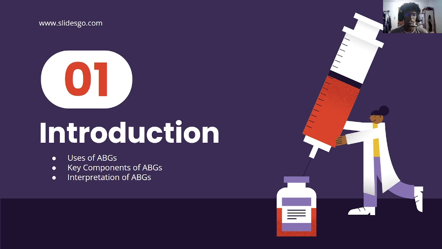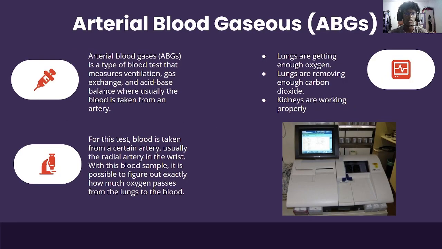So first of all, we look at the introduction. So what is arterial blood gases? The abbreviation for it is the ABG. So arterial blood gas is a type of blood test that measures the ventilation, the gas exchange, and also the acid-base balance, where usually the blood is taken from the artery. So for this test, the blood is actually taken from a specific artery, usually the radial artery in the wrist. So with this blood sample, they can exactly find out how much the oxygen passes from the lungs to the